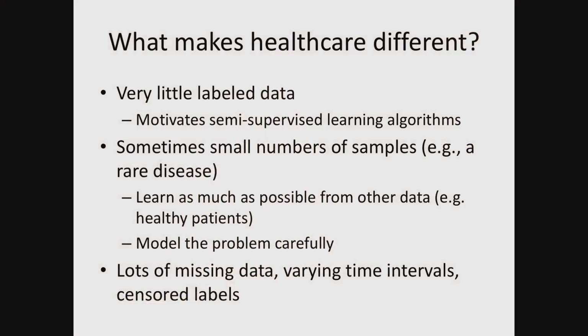Because we often have very little data, for example, some rare diseases, there might only be a few hundred or a few thousand people in the nation that have that disease. Some common diseases present in very diverse ways and thus in essence are very rare. Because of that, you have just a small number of patient samples that you could get even if you had all of the data in the right place. And so we need to think through how we can bring together domain knowledge. How can we bring together data